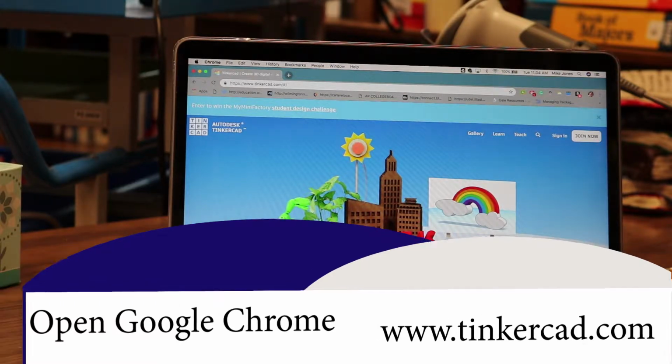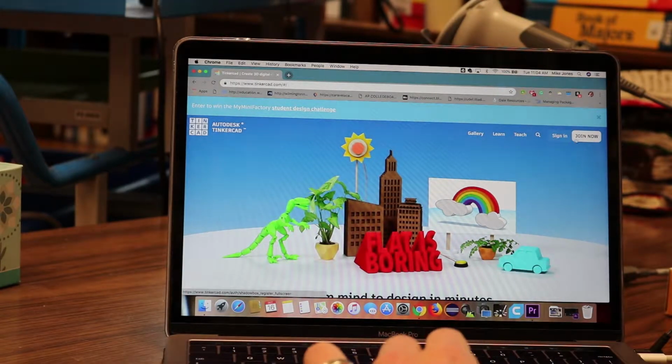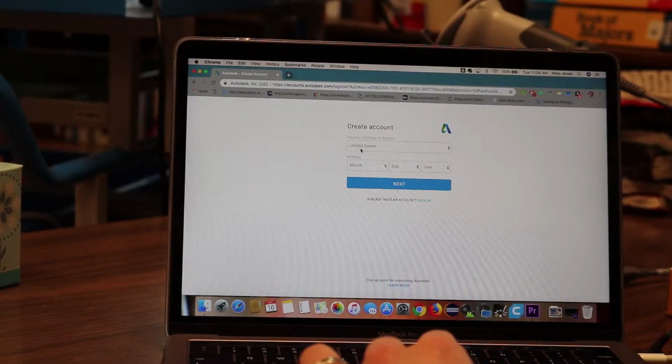Alright, so when you start Tinkercad, you always want to go to www.tinkercad.com, and from there you can either sign in or join now. So if you do not have a Tinkercad account, you're going to click join now. You're going to enter the country where you're from, your birth date,